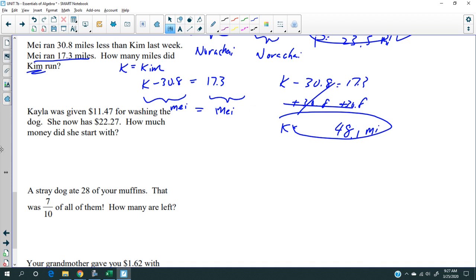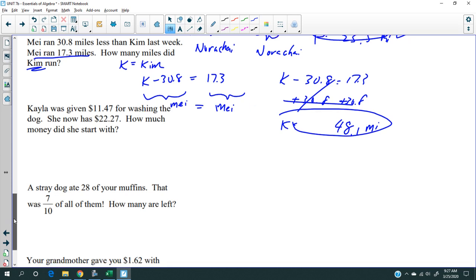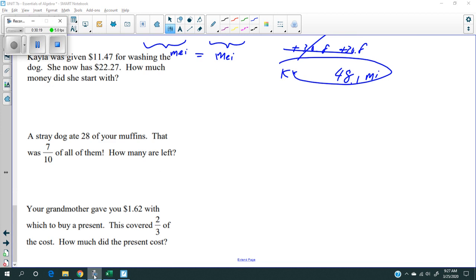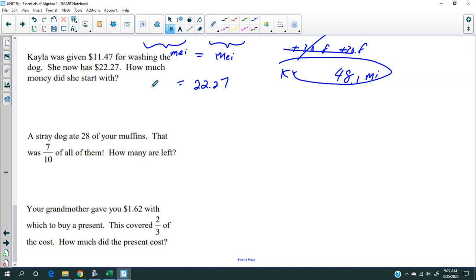All right, let's see. How are we doing on time? We've got like 10 minutes essentially. So Kayla was given 11.47 for walking the dog. She now has 22.7, right? 0.27. She was given,